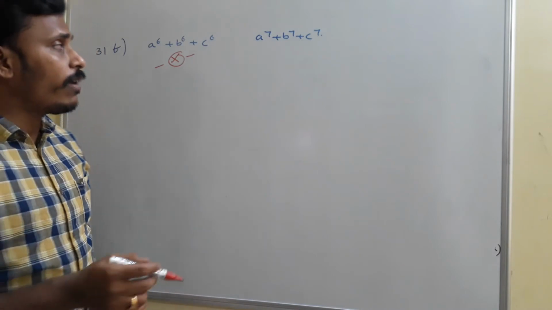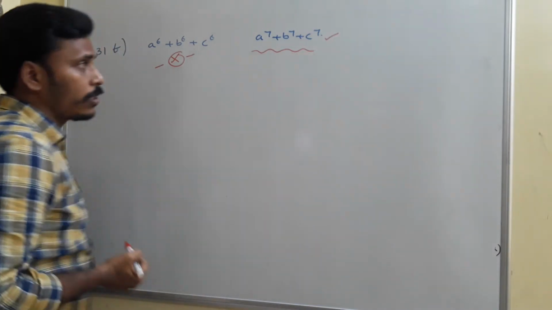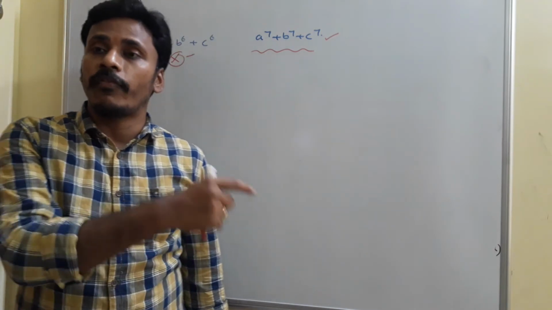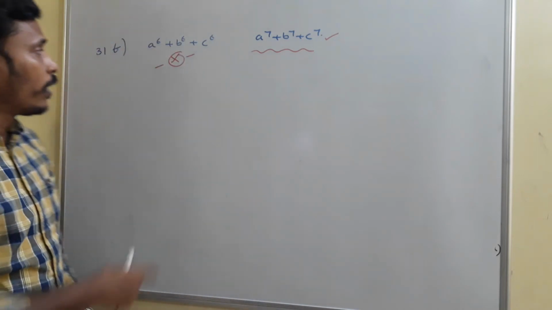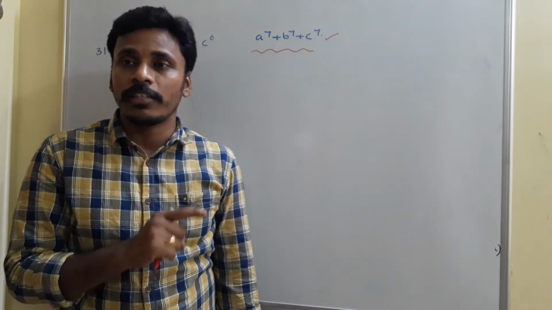And now we have again a simplified discussion for a power 7 plus b power 7 plus c power 7, and there are some problems where we need to use the simplified value, and that's why now here in F my discussion is about a power 7 plus b power 7 plus c power 7.